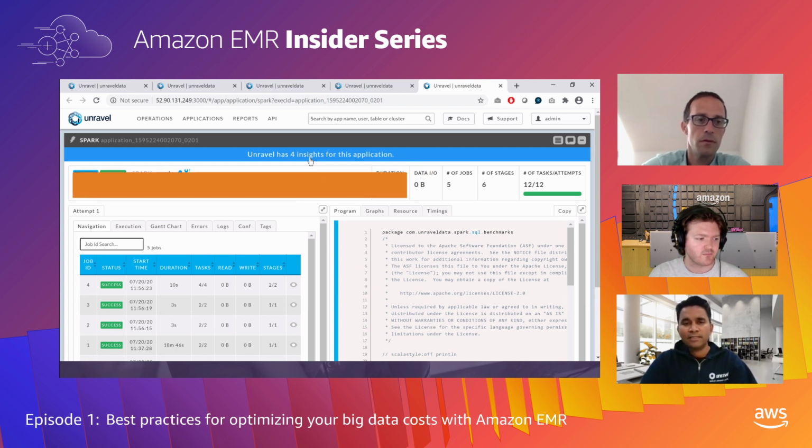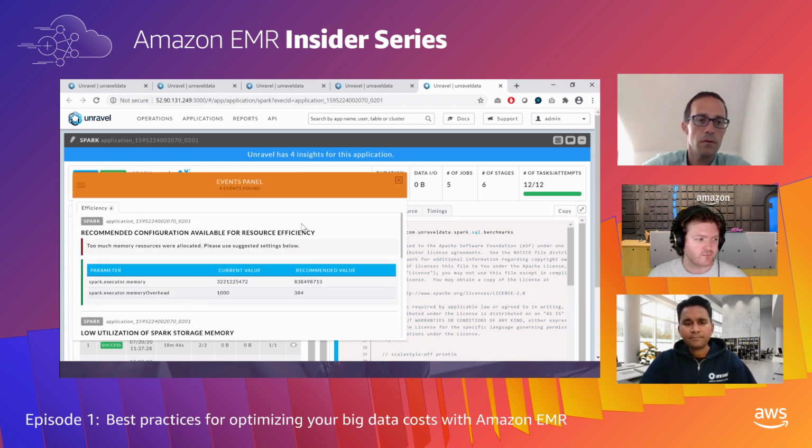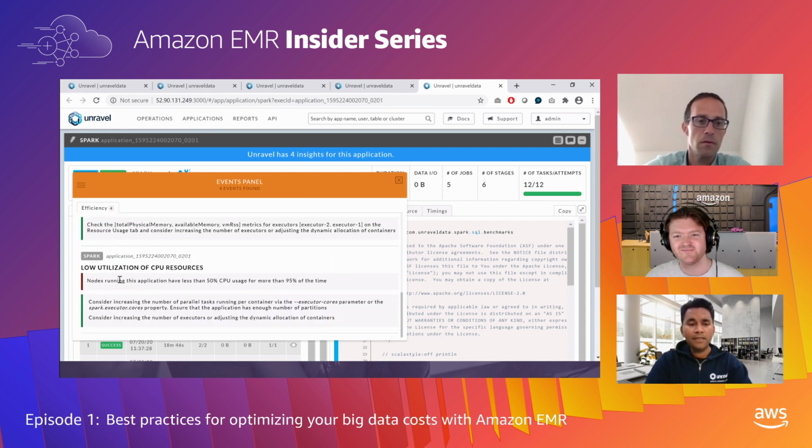So it's saying, hey, Unravel has 4 insights. You click on that, and then it starts actually telling you that, hey, your current memory is sized at 3 gigs. You really don't use more than a gig, so you should put it at 800 MB. The CPU that you currently have allocated for this particular app is also not being used 50% of the time, right?